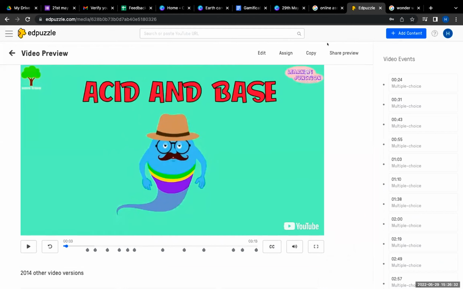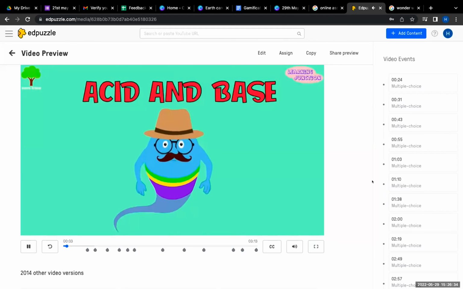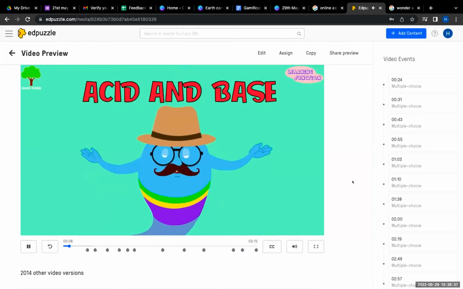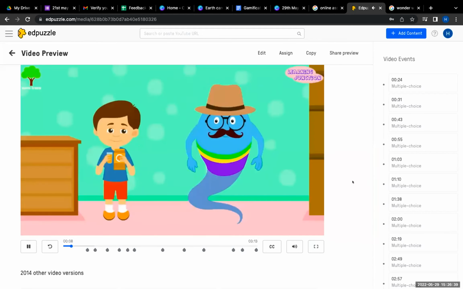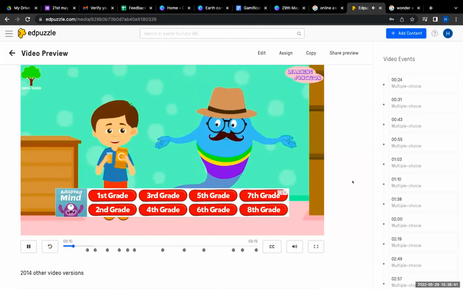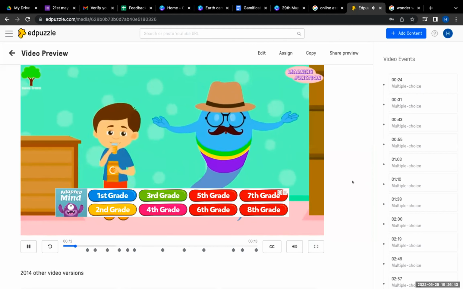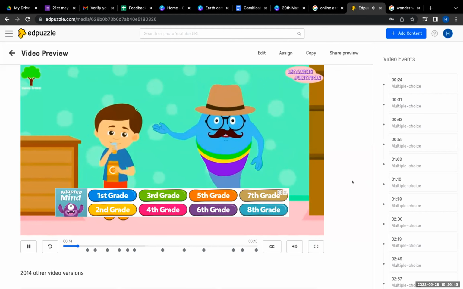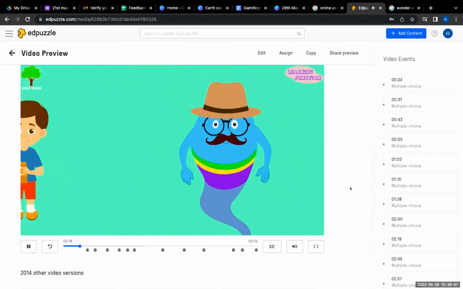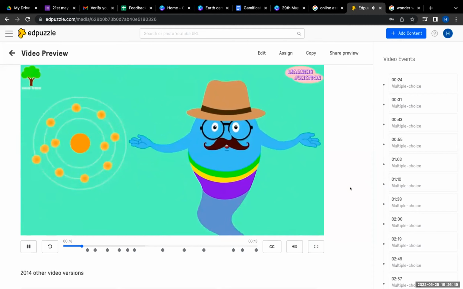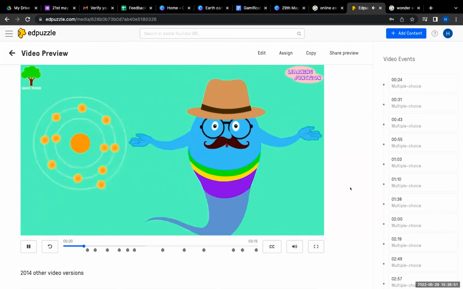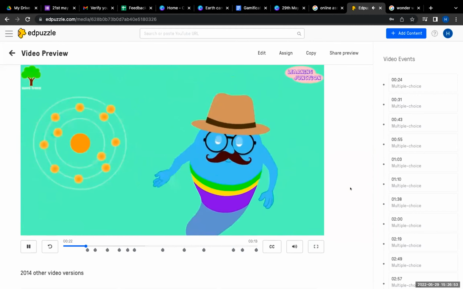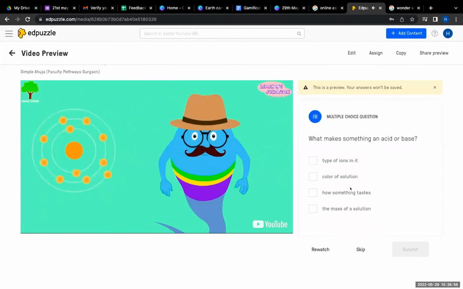Yeah, okay, order. Thank you. And base. Acids and bases are two specific types of chemicals. This orange juice looks so yummy. You know, approximately all liquids are either acids or bases. Whether a liquid is an acid or base depends on the type of ions present in it. If it